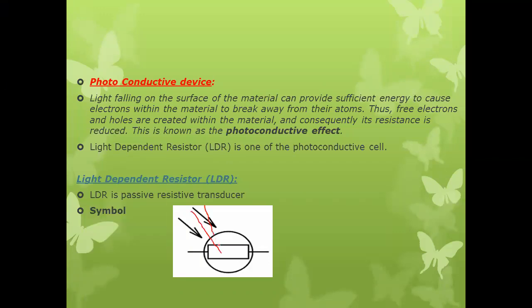Whenever the solar radiation is incident on this LDR surface, if the energy of the light or radiation is sufficient, it will cause the electrons to break away from their atoms. Those free electrons and free holes will move in the external circuits, the external conductors. So this phenomenon of production of free electrons